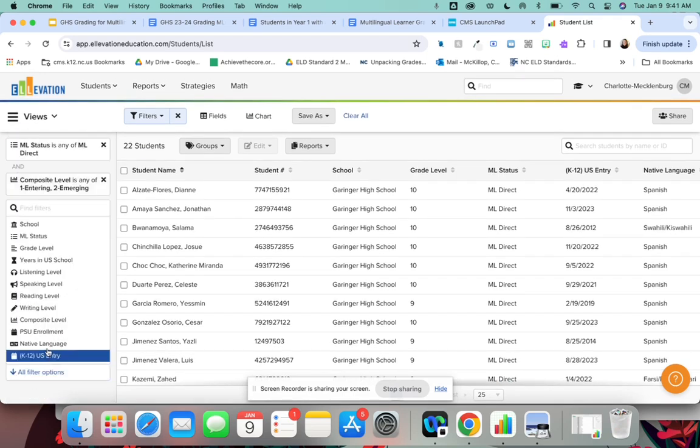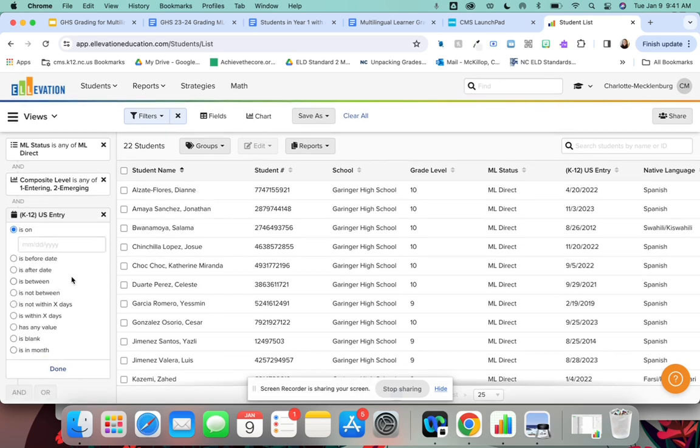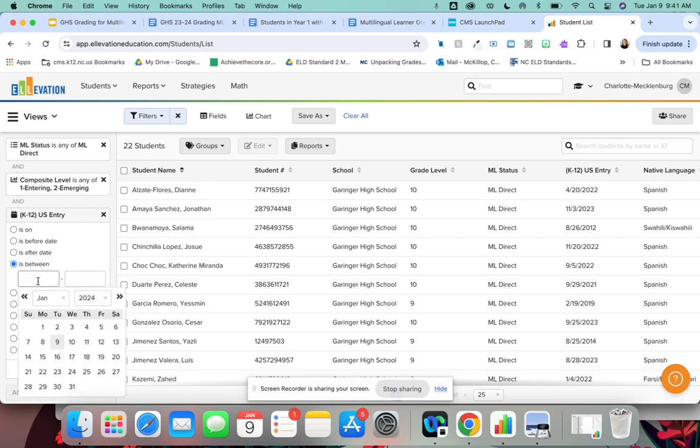And then finally, you're going to go down to where it says US entry. Under US entry, you're going to click is between. Now, we need to see from the start of quarter 2 in the 22-23 school year to the end of quarter 2 in the 23-24 school year, because those are the students that are going to fall within the 1 year range.